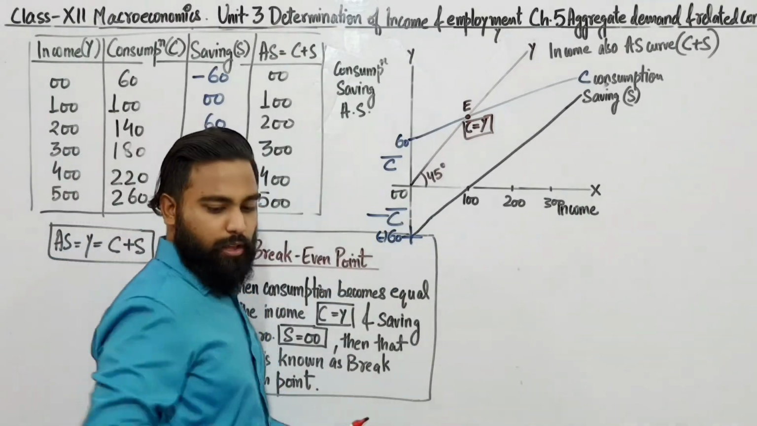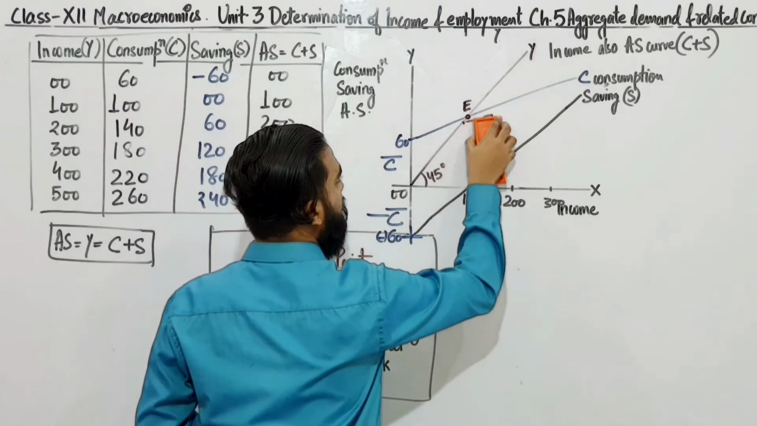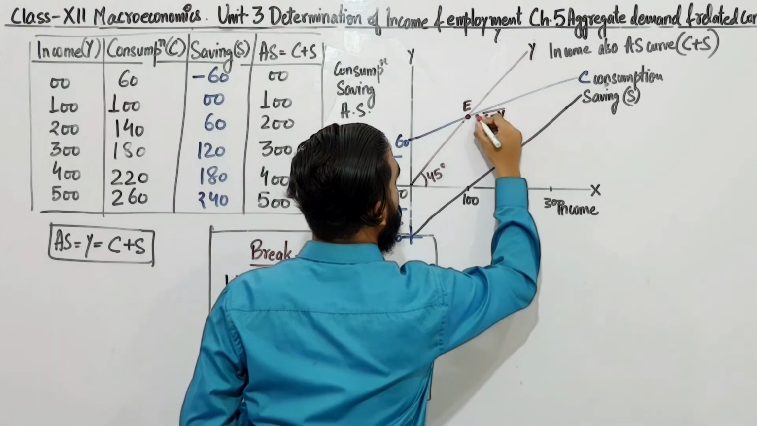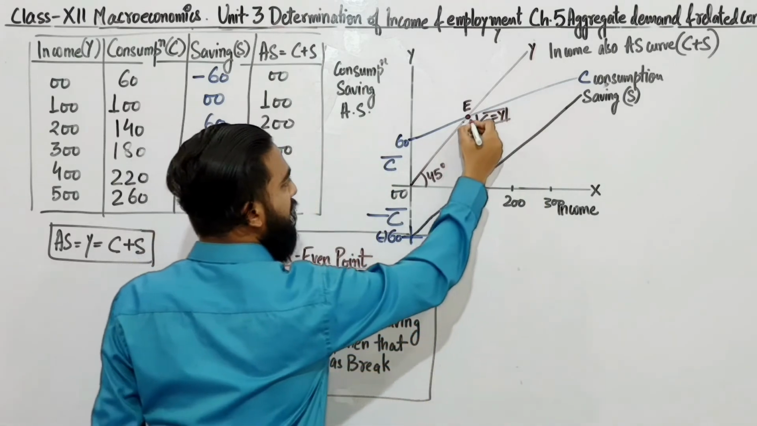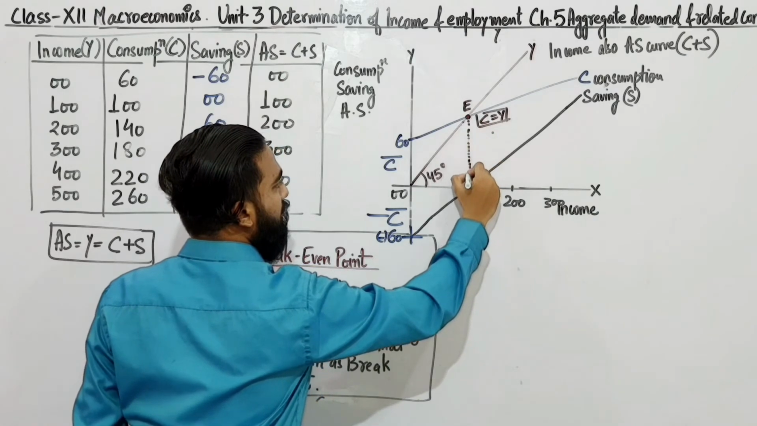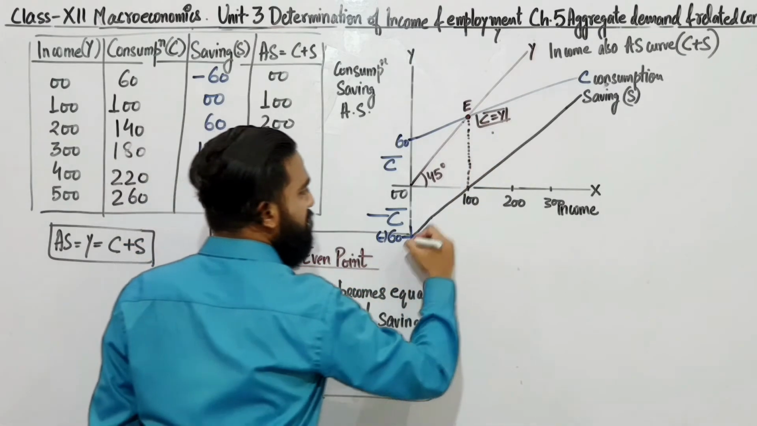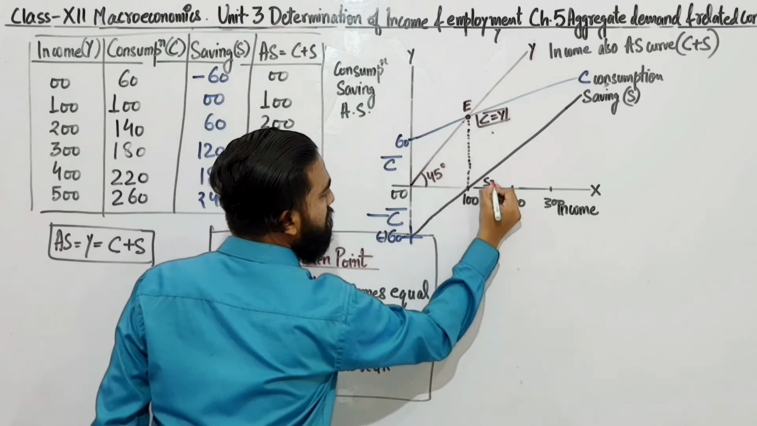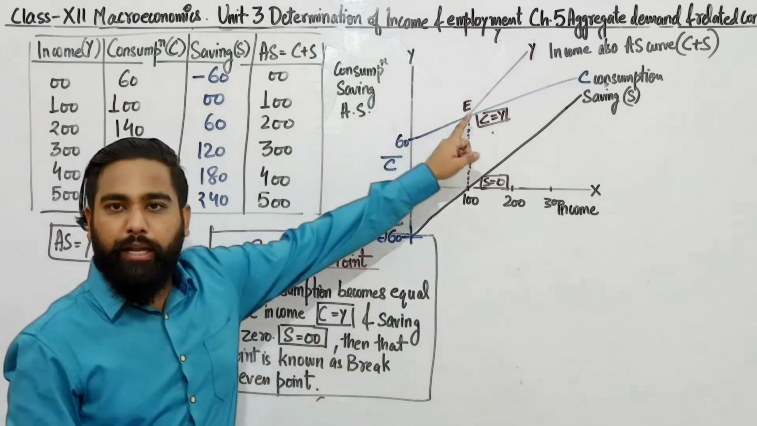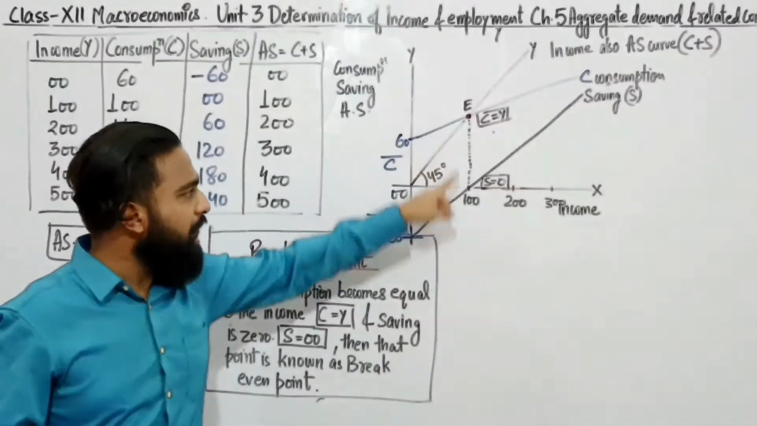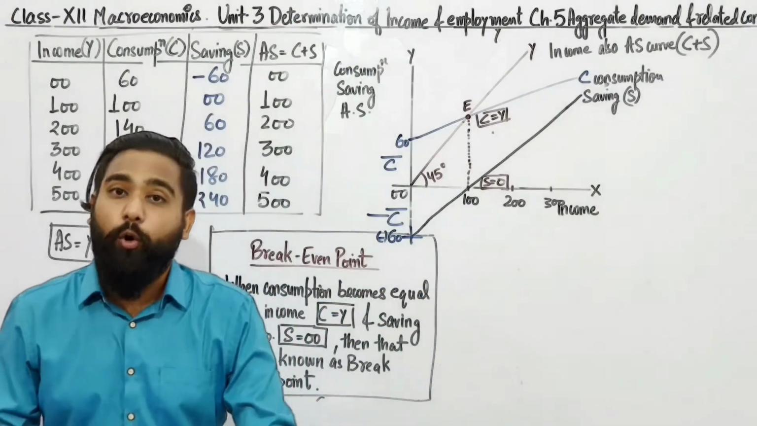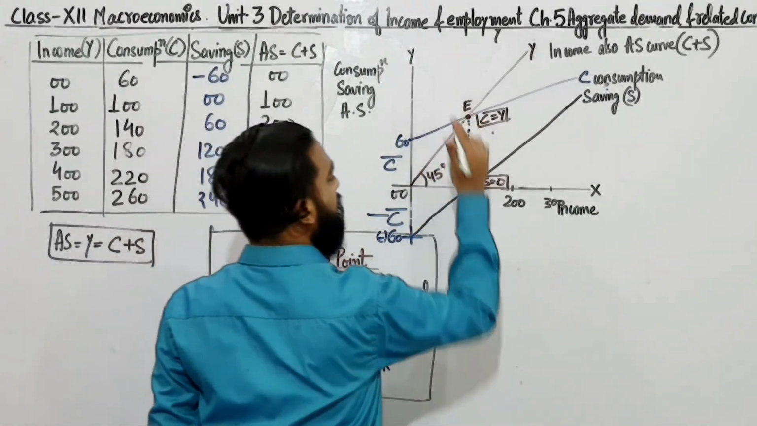And if you notice this, that C is equal to Y. Understood? Now, if you extend this line, you will see that the saving curve at this point is 0. At point E, C is equal to Y, and at the same moment, at the same level of income, the saving is 0. So students, this point E